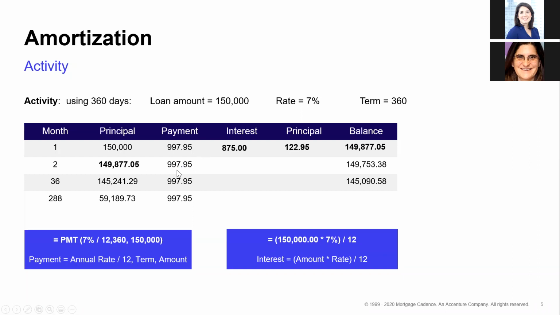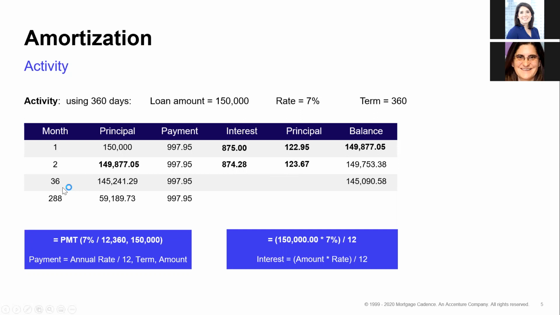Month 2. What's my interest? It's going to be the same, right? You don't need to calc it again, because it's not going to be the same, because we're an amortizing loan. We're taking this balance each time. So you're going to do the same calc, but not the $150,000, right? So we would have taken this balance times 7% divided by 12. That gives me my interest. Whatever's left over is what gives me my principal. Very good. Yep, you got it.